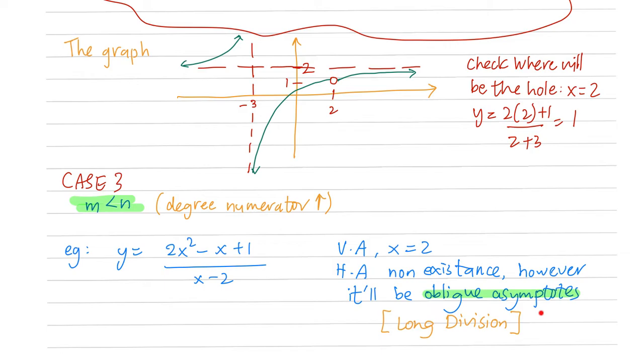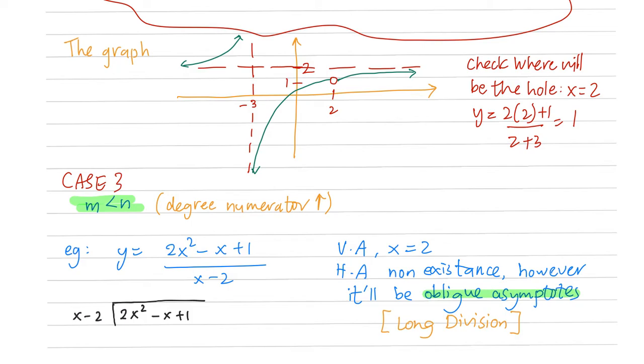However, there will be an oblique asymptote. How do we find the oblique asymptote? We need to use long division to find the equation of the asymptote. Maybe I can show a bit here. Long division, still remember how to do that? 2x squared minus x plus 1